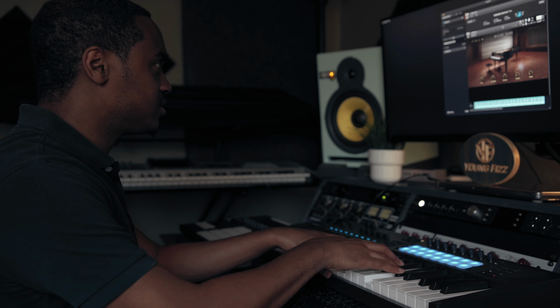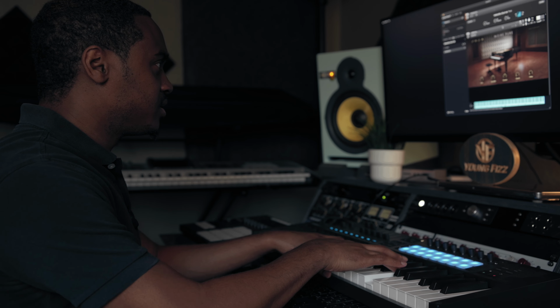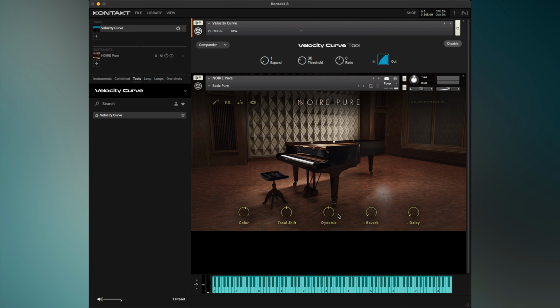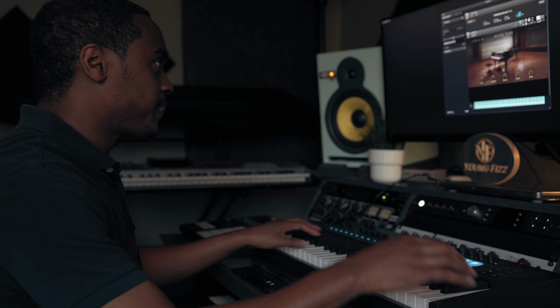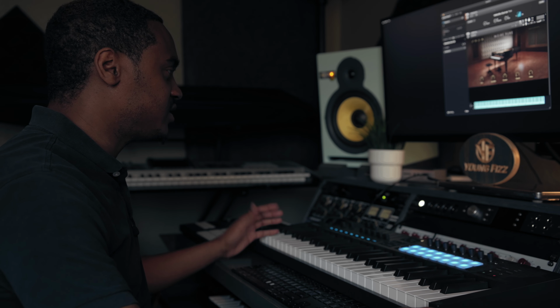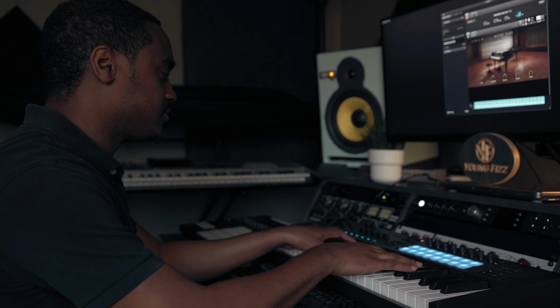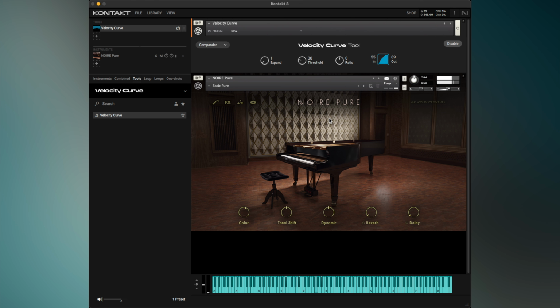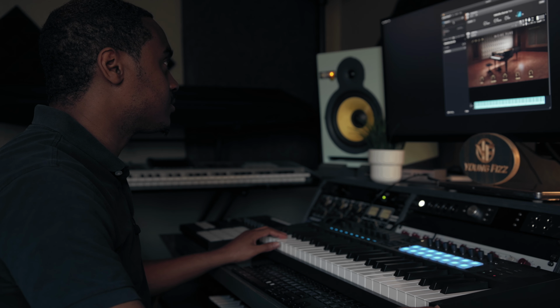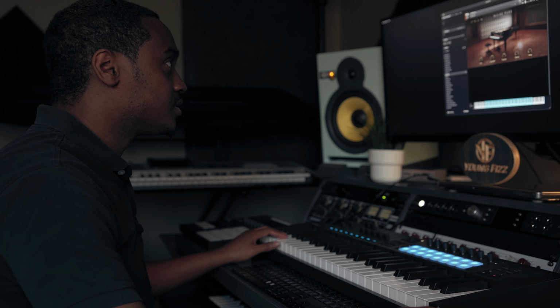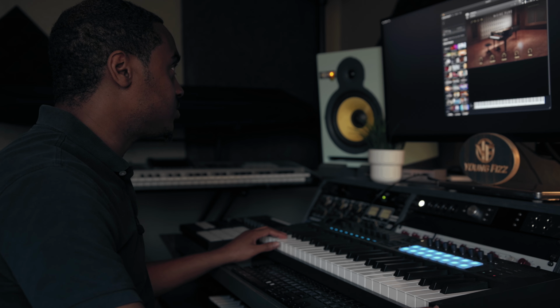Because I mean, I can change the dynamic control here in Newer, but I don't know. Velocity curve just does something special to the sound. So pretty interesting there. And let's go on to another tool